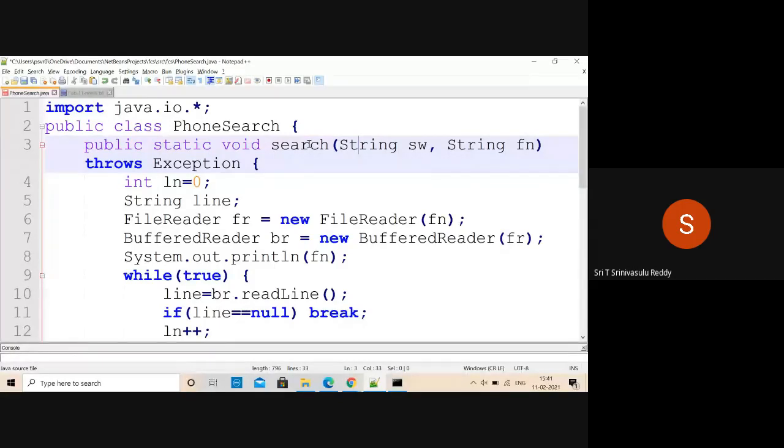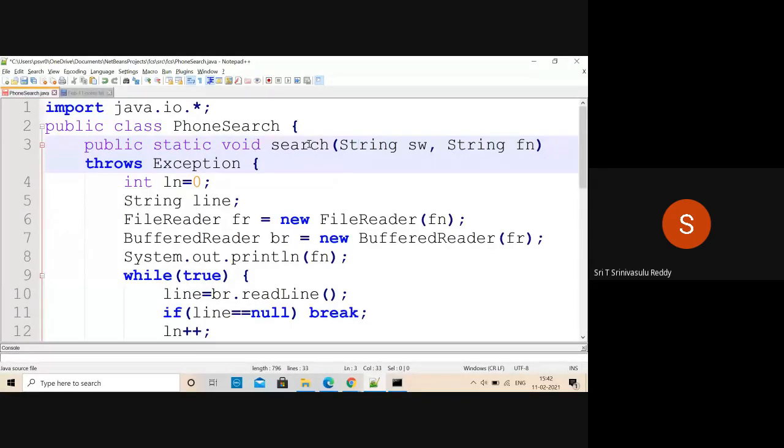Search is one thing, but before searching, normally there are two steps here. The first step is to load all the data from a file into memory. You don't read the file every time you want to search. The better technique is to load all the names along with the phone numbers into memory. And after loading, you are going to have some data structure where all the details are already inside. And then you can search for a particular thing.